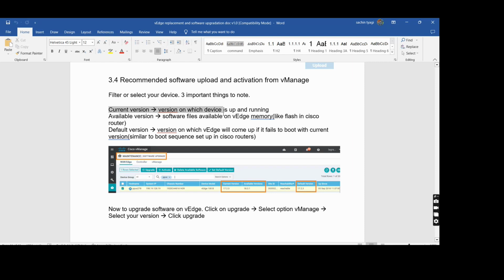Version on which the device is up and running. Current version means where the device is running currently. Available version, this is the old one, a snapshot from when I was working on 17 in 2018. So this is that time of document. So available version,